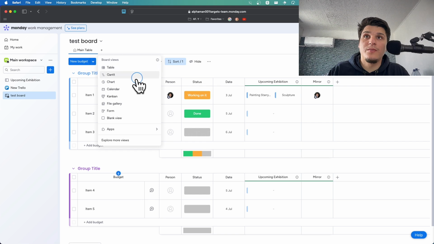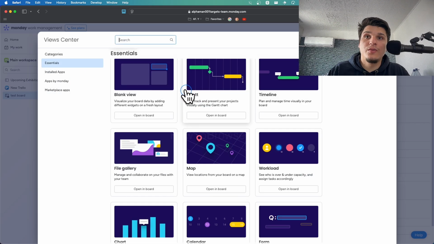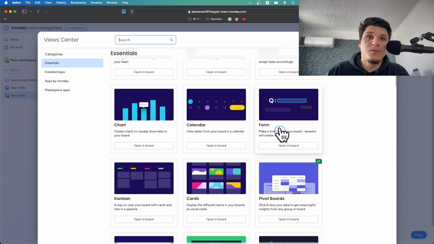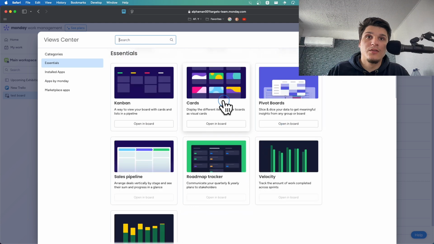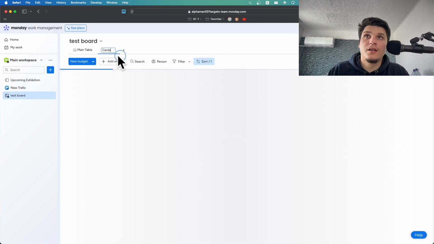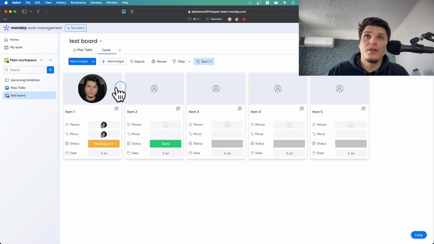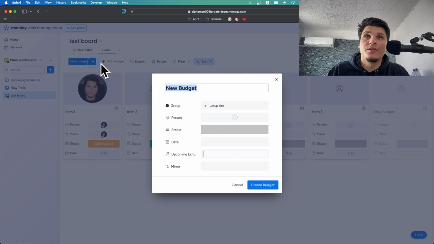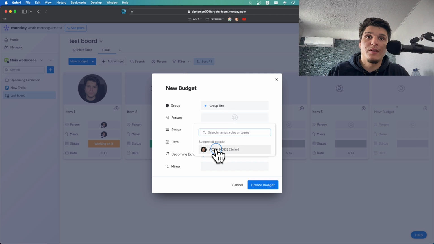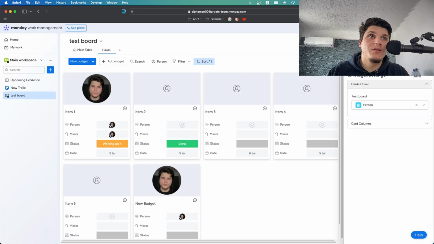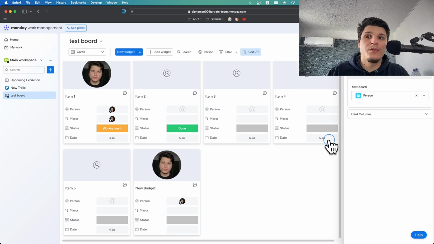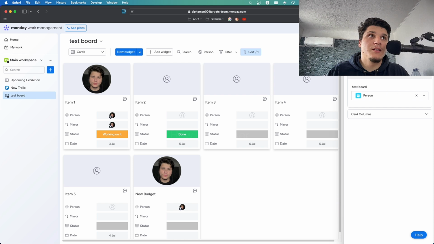And here we have the main table, but we can add another one. Maybe this is just a table. Export to more views. Maybe we want something like a form, like cards. So I can also add a roadmap tracker. Open this one, let's say. Now we have the cards here for each person. Item 1, we have person, and of course now we can add a new budget if we want to with that person here. Create one, create another one. This is the widget settings. I can change the settings here if I want to, and yeah, that can be very helpful